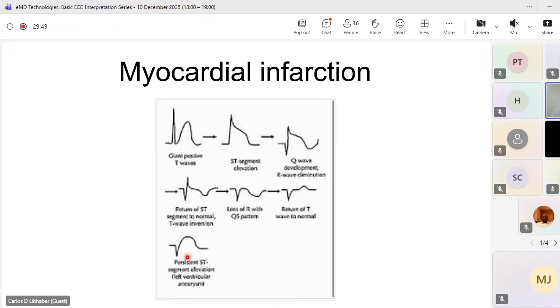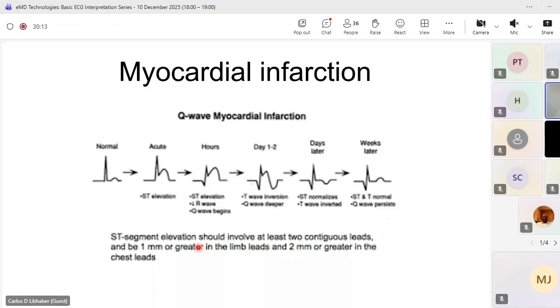When I see after days a Q wave, which means necrosis, with persistently elevated ST segment, then I suspect that not only do I have necrosis, but I have an aneurysmal area. So this is what happens from normal to